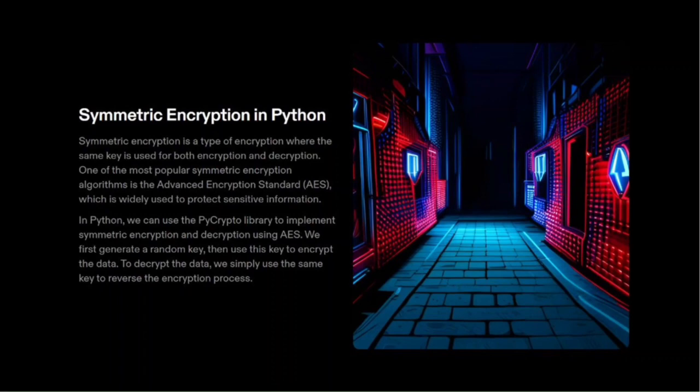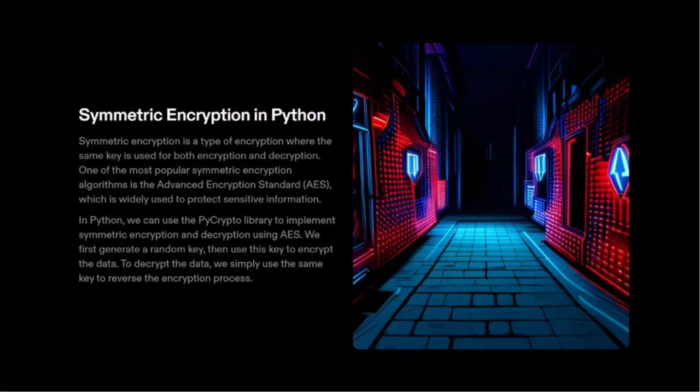Second, symmetric encryption in Python. Symmetric encryption is a type of encryption where the same key is used for both encryption and decryption. One of the most popular symmetric encryption algorithms is the Advanced Encryption Standard, which is widely used to protect sensitive